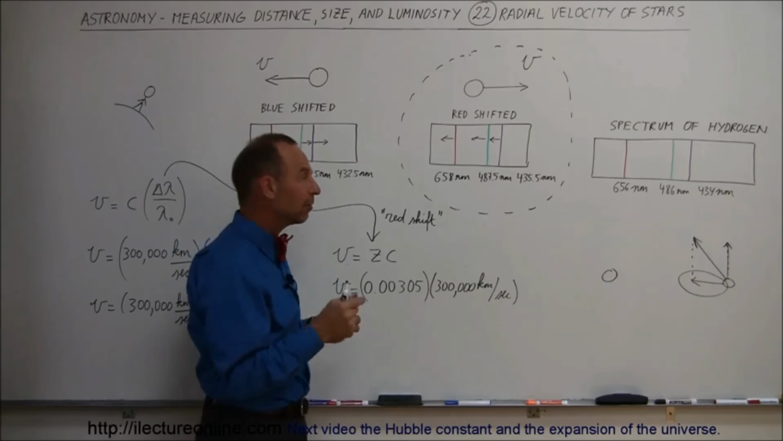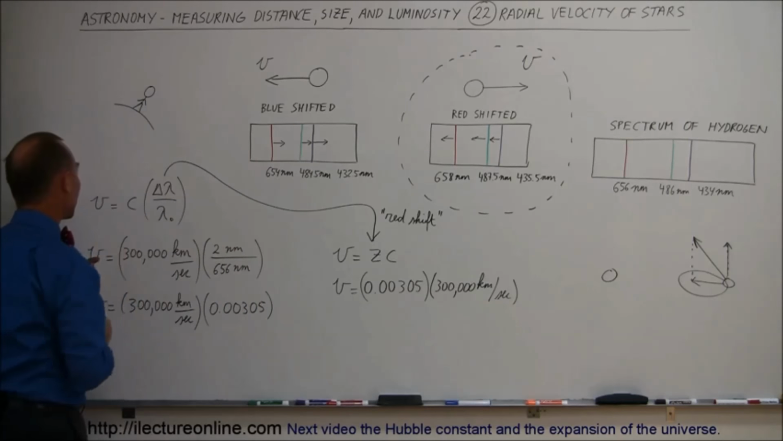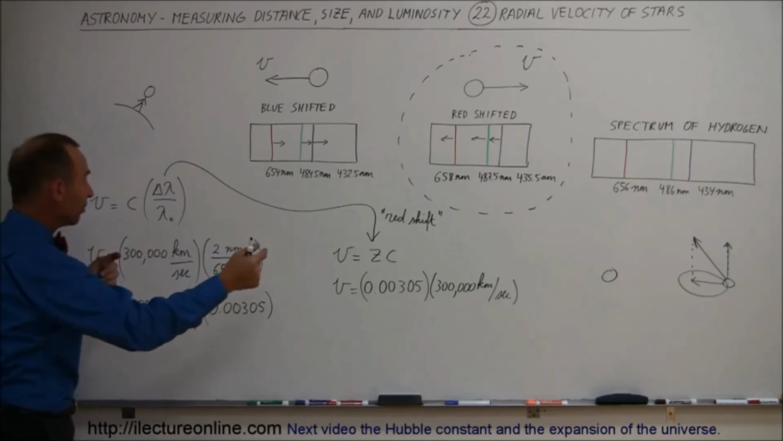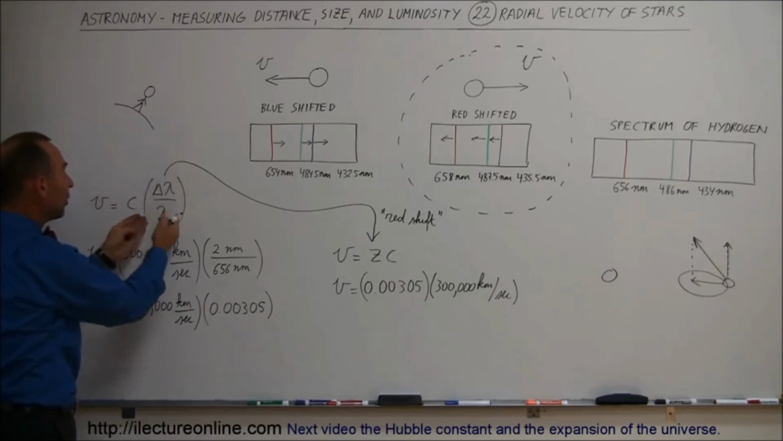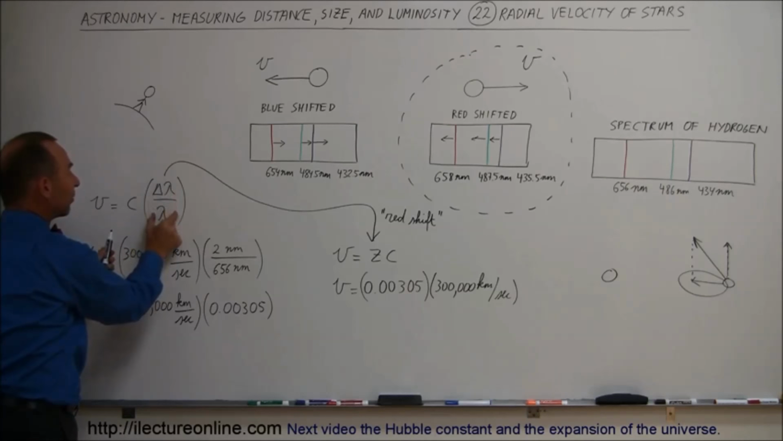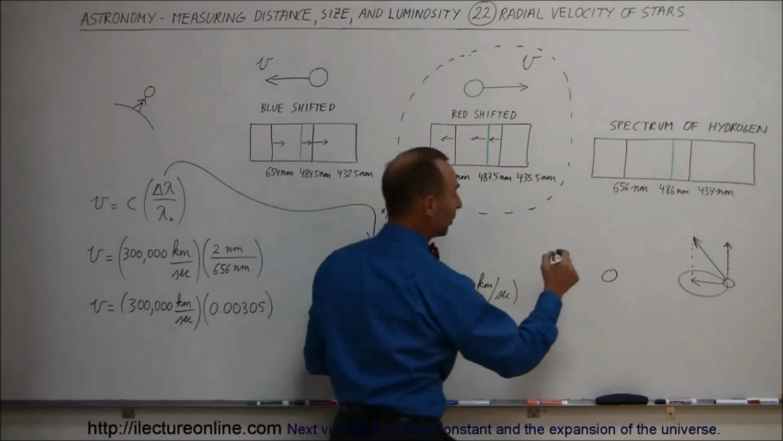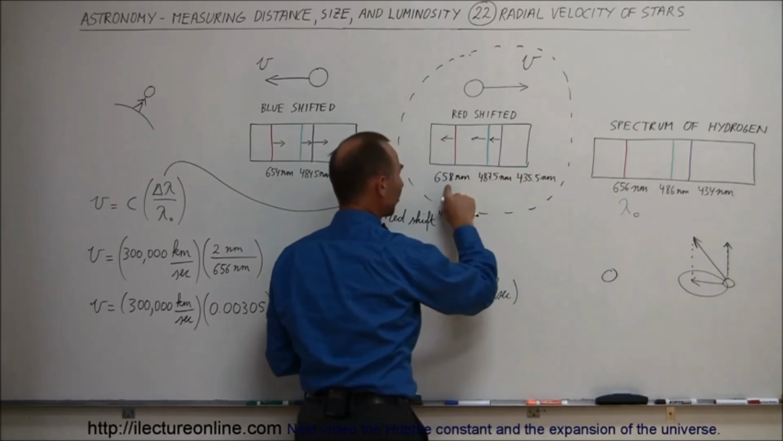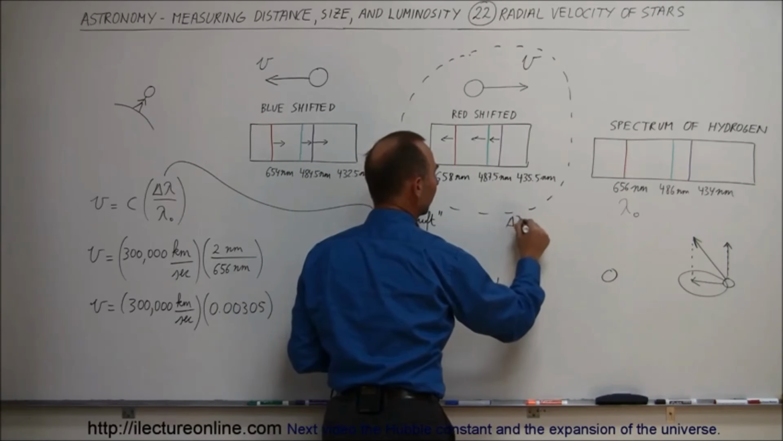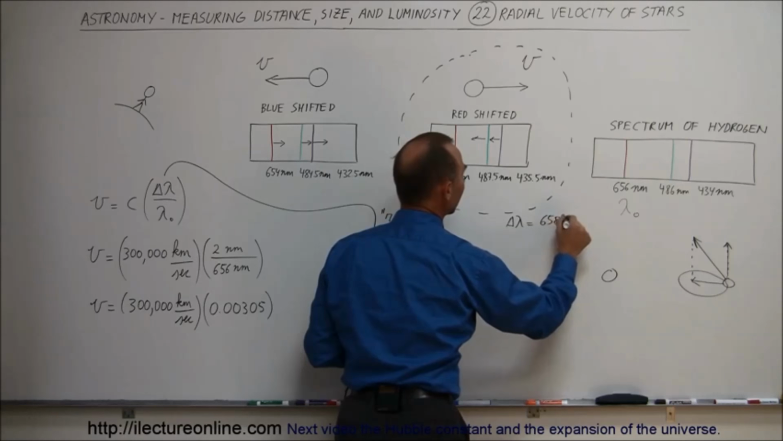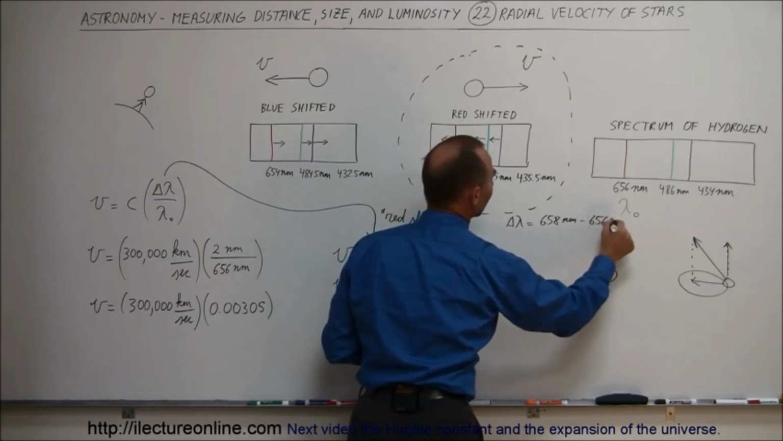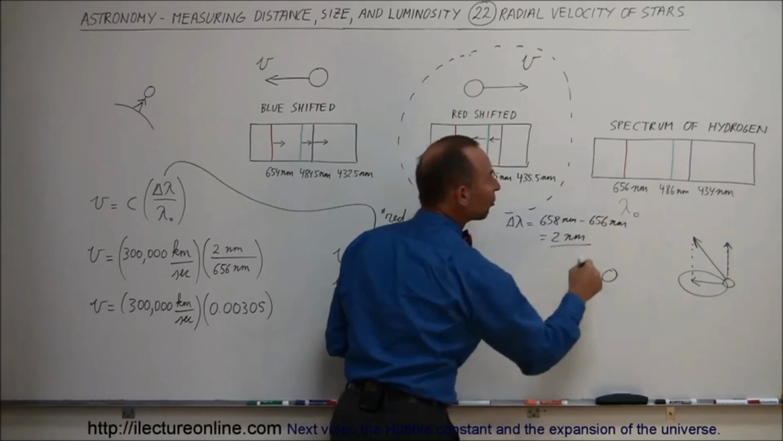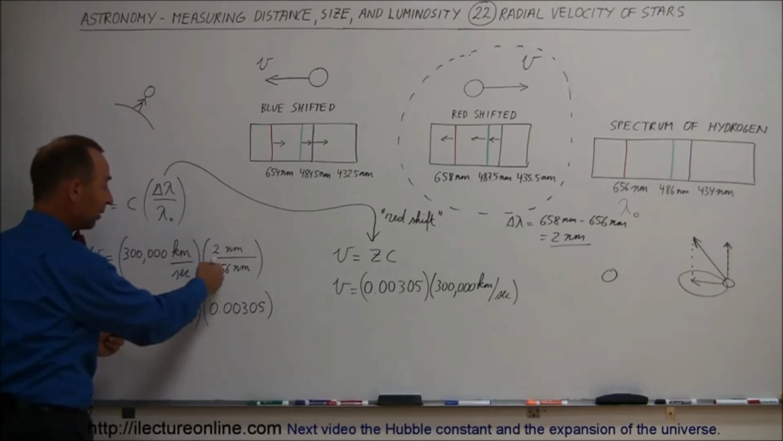So how we can then get the velocity from that is simply to throw it into this equation right here. The velocity in a radial direction of an object, either moving towards us or moving away from us, is equal to the speed of light times the ratio of the amount of the shift of the wavelength divided by the original wavelength. So here, let's say this would be the original wavelength. And let's say that we go from 656 to 658. So the delta shift is equal to 658 nanometers minus 656 nanometers, which is 2 nanometers. So the shift is 2 nanometers, and the original was 656. So when we take that ratio right here, we get